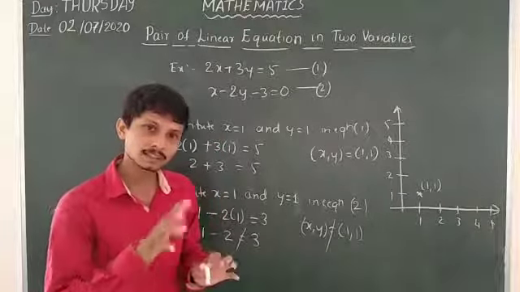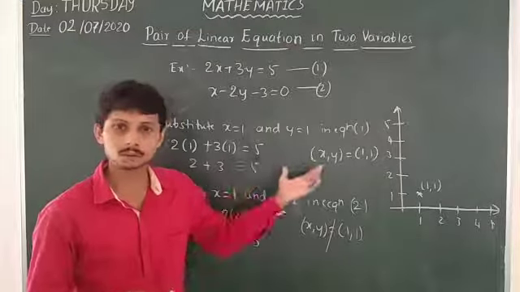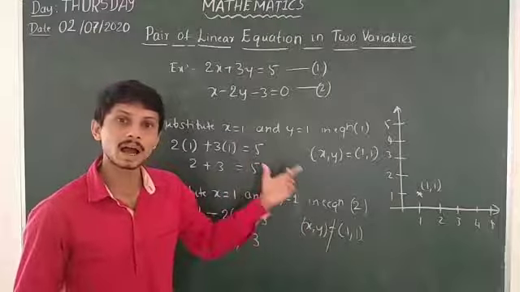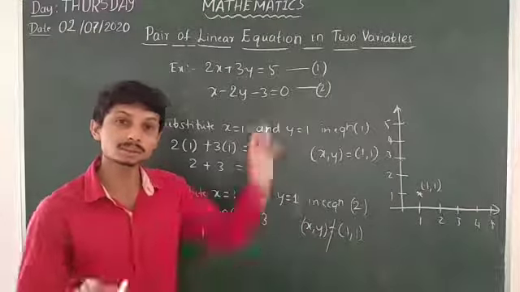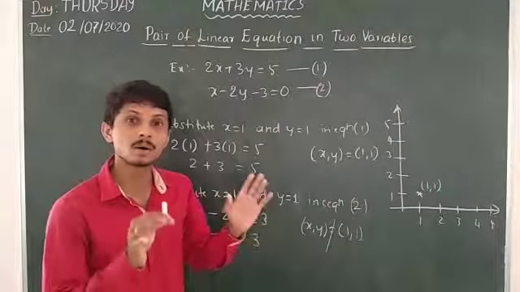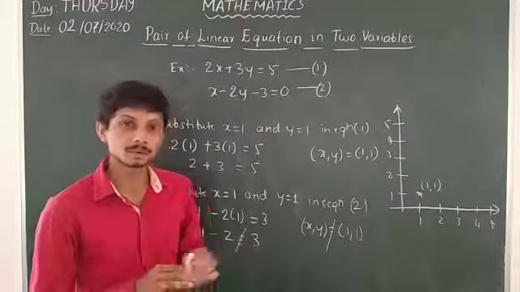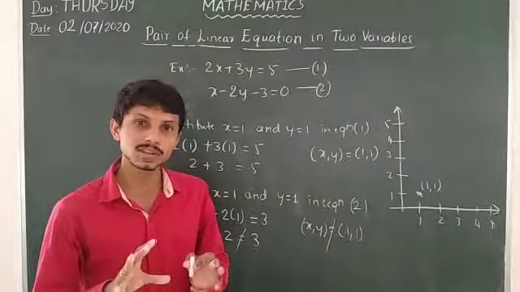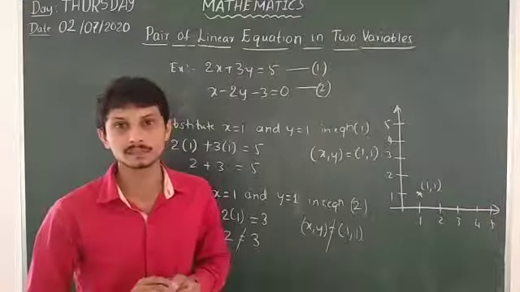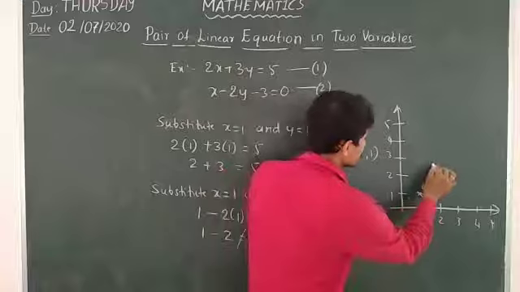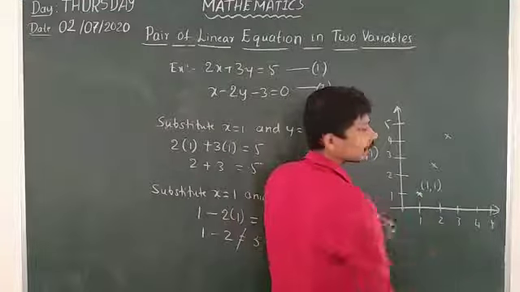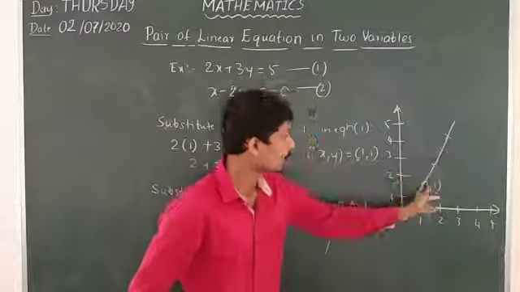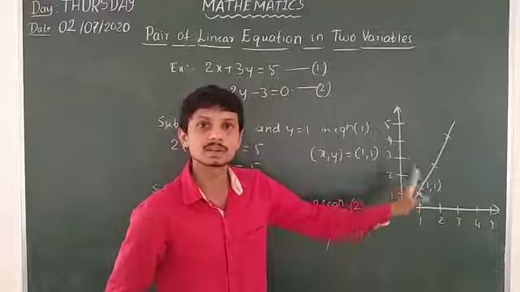So here if I substitute this value of x is equal to 1 and y is equal to 1, the LHS is equal to RHS, that means (1, 1) is the solution of the equation. Every solution of this equation can be represented as a point on a straight line. So from this we come to a conclusion that every solution is a point on this straight line. Whether it may be another solution here, or another solution here, I will join this line. So that means all the solutions can be represented on a straight line.